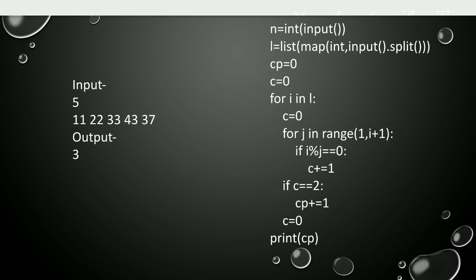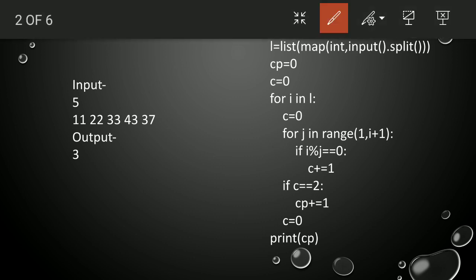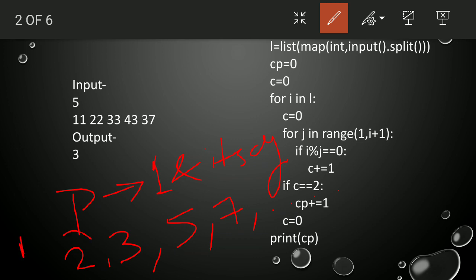I think everyone knows what a prime number is. A prime number is a number which is divisible only by 1 and itself. For example, 3 is a prime number, 5 is a prime number, 2 is also a prime number, 7 is a prime number, and so on. There are many prime numbers. If it is 2, then it is divisible by 1 and 2; if it is 3, then the number is divisible by 1 and 3 itself. Those numbers are called prime numbers.